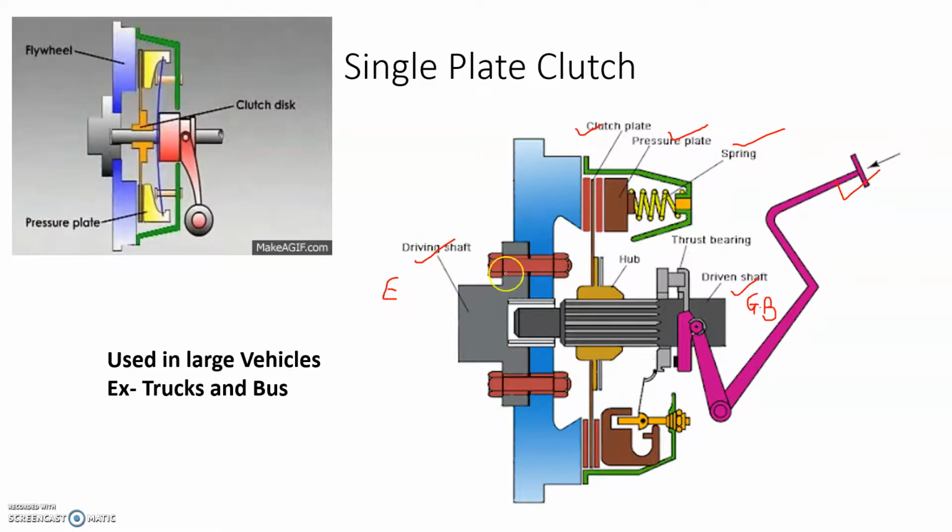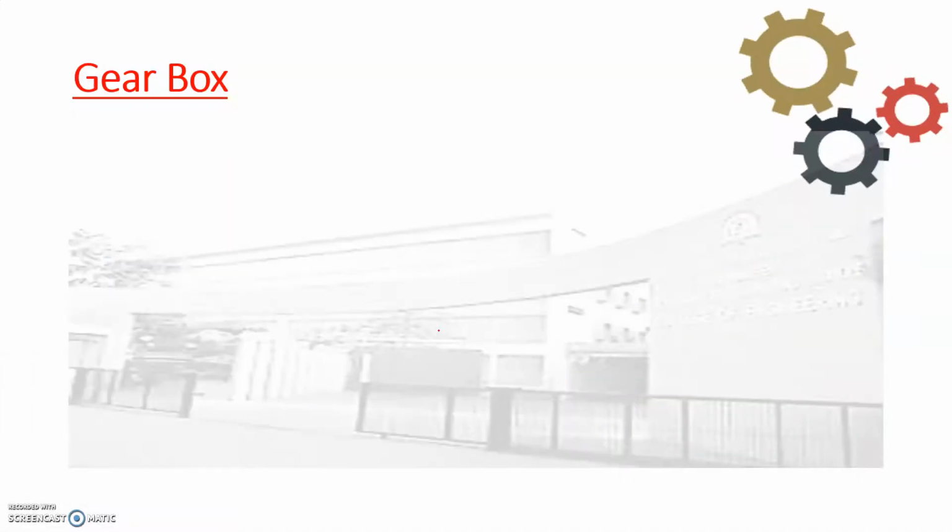If you see, when the clutch pedal position is up, the axial force ensures that both these plates are engaged, and this clutch plate is sandwiched between the two of them, and the drive is then transmitted from the flywheel to the gearbox. And when the clutch pedal is pressed down, the pressure plate gets moved outward, and it loosens its contact between the clutch plate and the flywheel, and hence the drive gets disengaged, and there is no transmission of power from the engine to the gearbox.